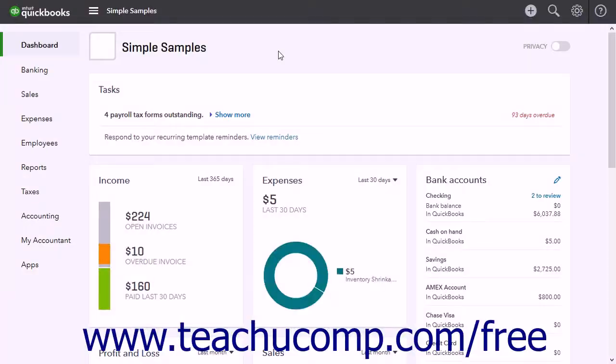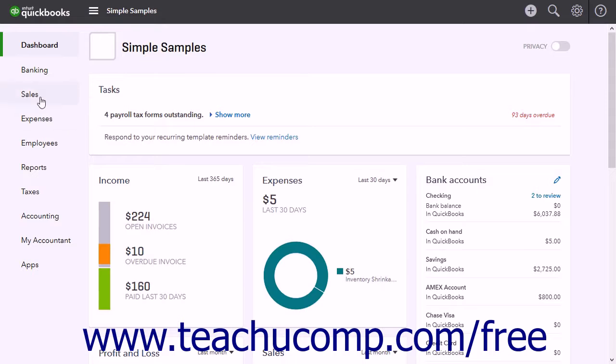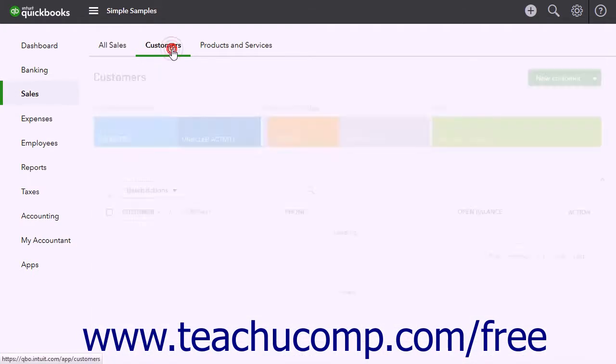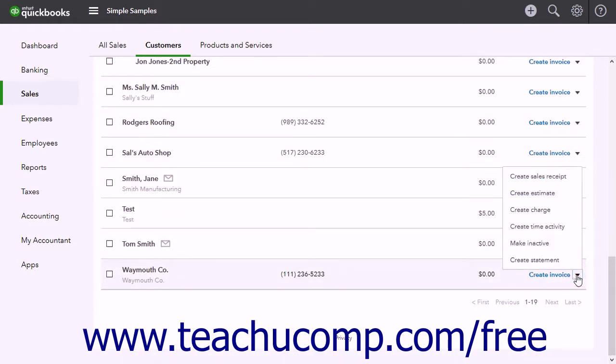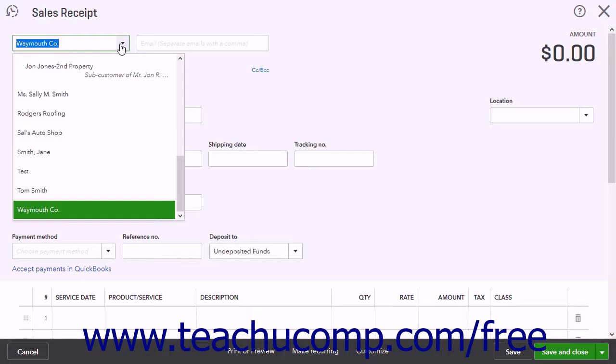www.teachucomp.com/free. To create a sales receipt, click the Create icon and then click the Sales Receipt link under the Customer's heading. Alternatively, click the Sales link in the navigation bar and then click the Customer's link at the top of the page that opens to the right. Then click the Create Sales Receipt link under the Action Columns drop-down for the customer for whom you want to create a sales receipt. If needed, use the Choose a Customer drop-down to select the customer and place the customer's